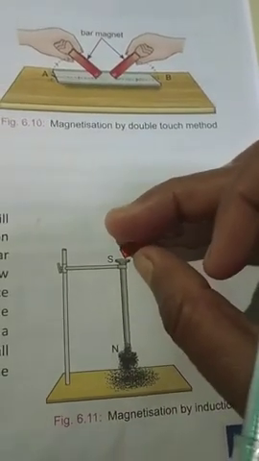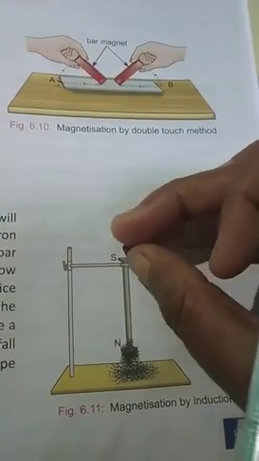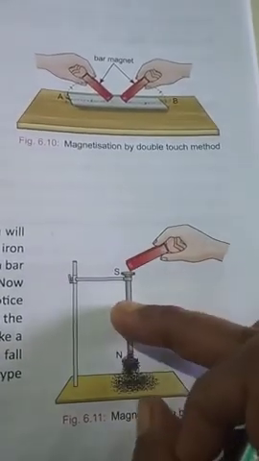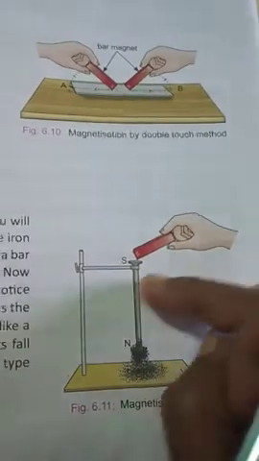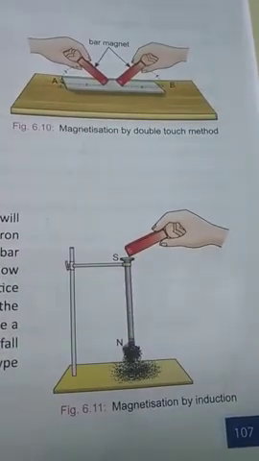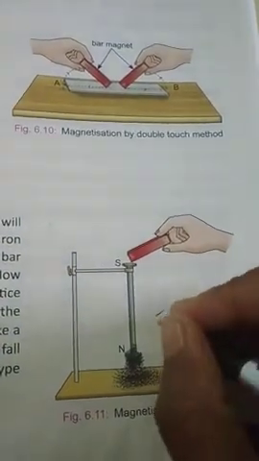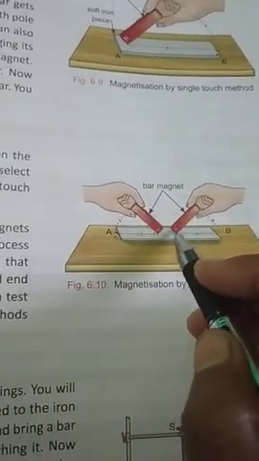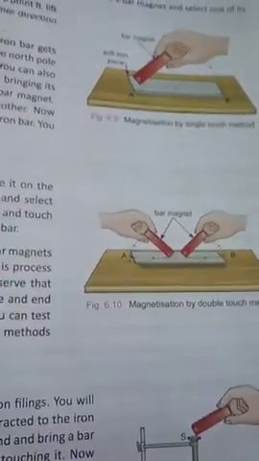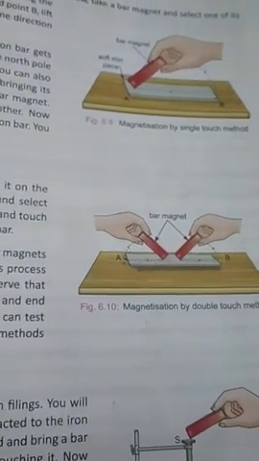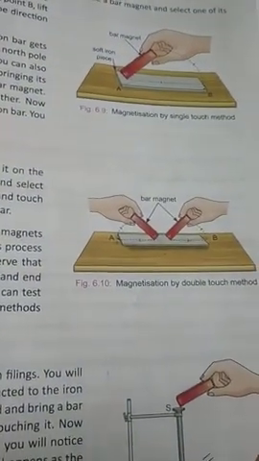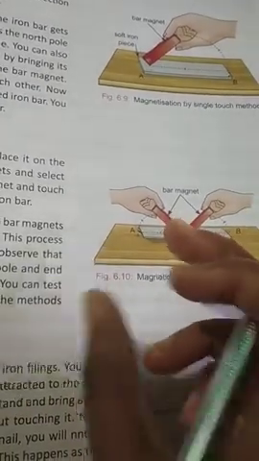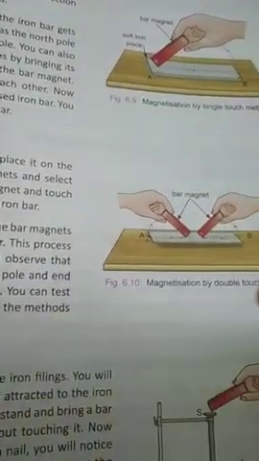Till you are bringing the magnet, you have kept this magnet nearby its head, it will act like a magnet. And if you remove this, it will not act like a magnet. Understood? You can do this at home. It is interesting. If you have this kind of bar magnet, you can do this process. And you can observe how you can transform a simple iron or steel into a magnet.